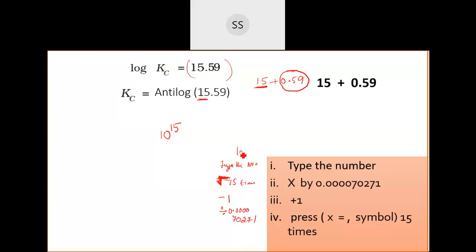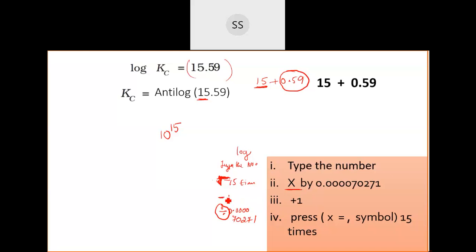Now for anti-log, your operation should become opposite, and the way of doing it also should be opposite. So this divided will become multiplied. And then you will follow them in the reverse order. First we did this, no? Now you have to do the last one first, and change the operation. Divided, you will make them multiplied.